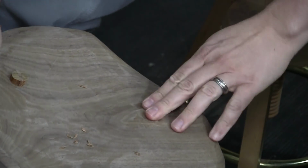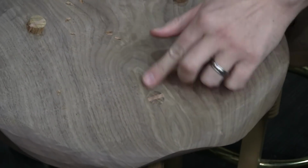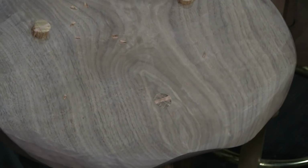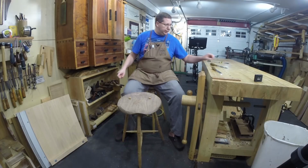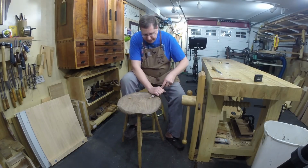And there we go. There's the front tenon, nice and flush. And that's actually finish ready, it's polished. So now as I work on the back here, on these concave surfaces, it's the same process